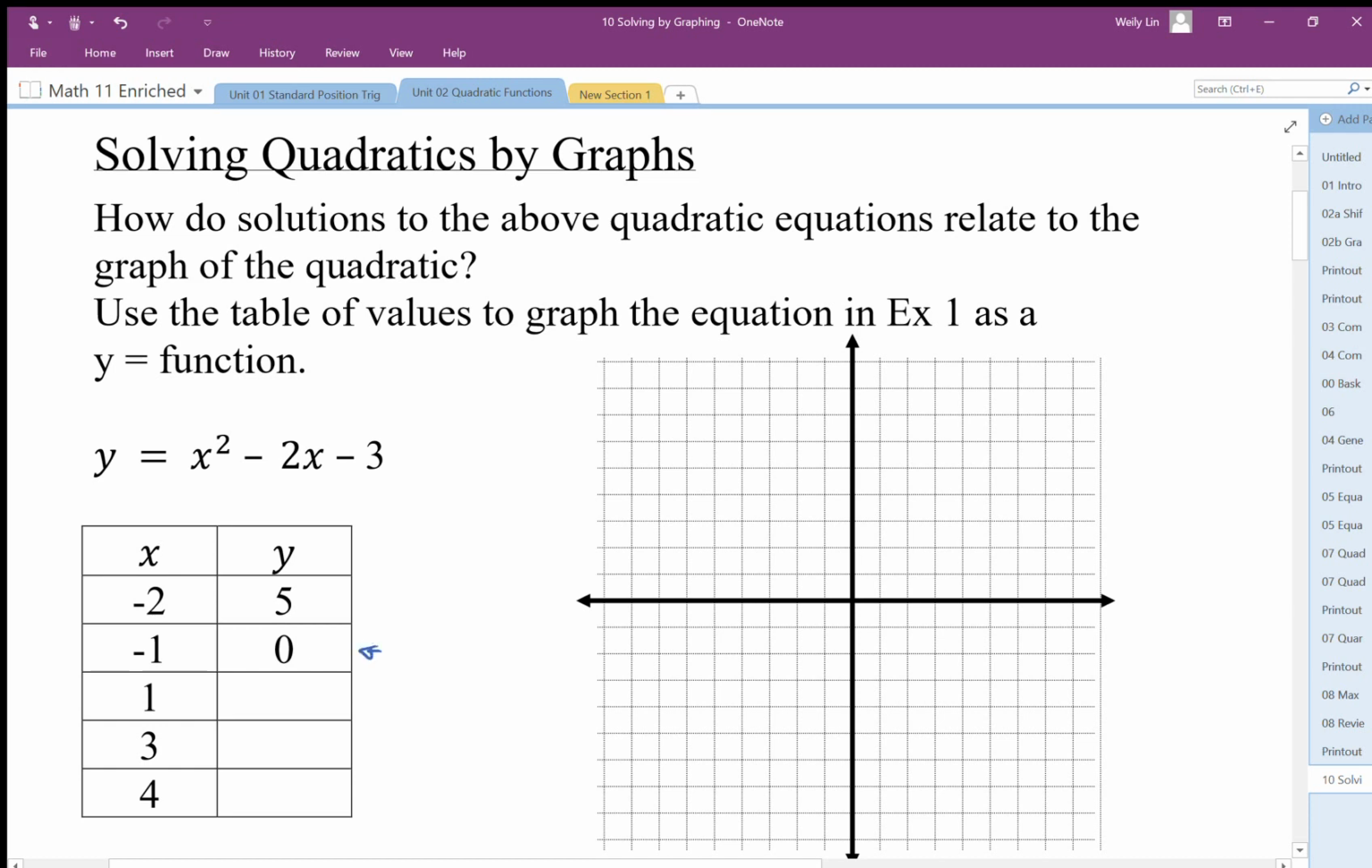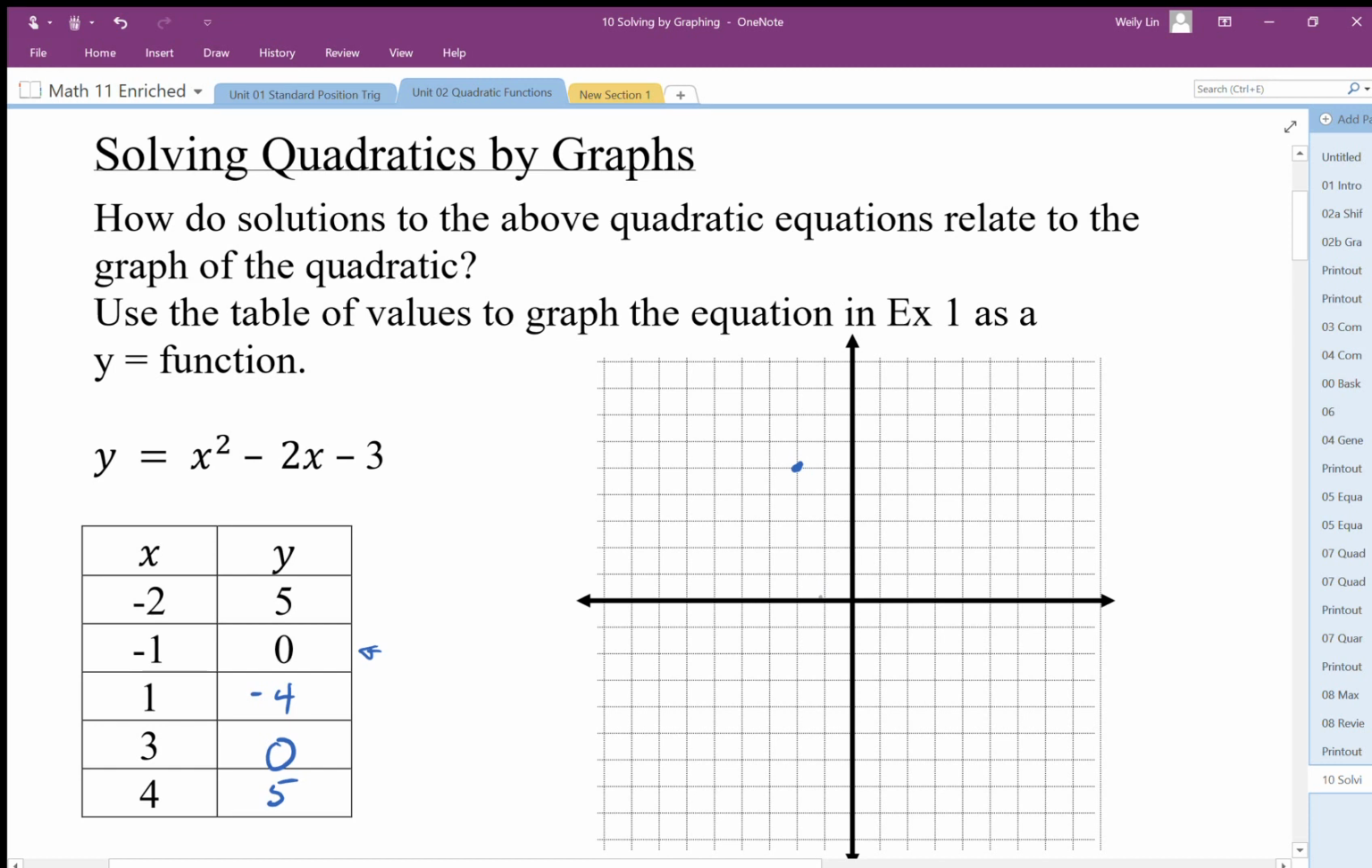Okay? And as we start filling in the rest of this, we end up with 1. We plug in 1, we end up with 1 minus 2 minus 3, which is -4. When we plug in 3, we get 9 minus 6 minus 3, which is 0. And then when we plug in 4, we get 16 minus 8 minus 3, which is 5. So it looks like if we plot these points, -2, 5,